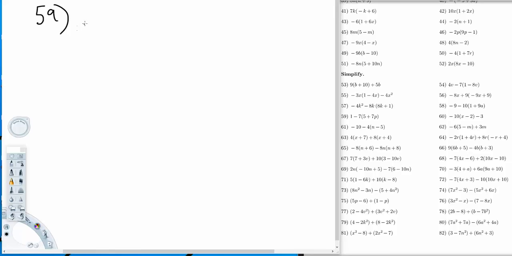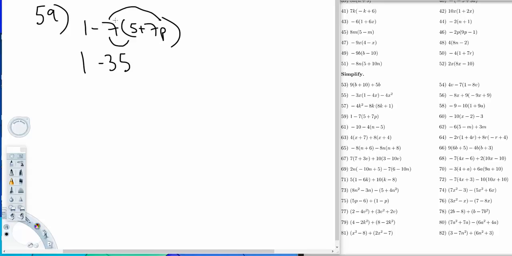Moving along, 59. 1 minus 7, brackets 5 plus 7p. Okie dokie. Can't do the brackets because we got a letter here. We don't know what that letter is, so we can't add these numbers. If we knew what that p stood for, then we could add, but we don't know. So we have to distribute again. So it's 1. And here we're going to have minus 7 multiplied by 5, which is minus 35. And then we have minus 7, right? We're looking at this here,